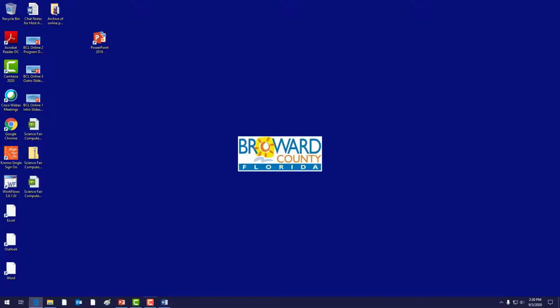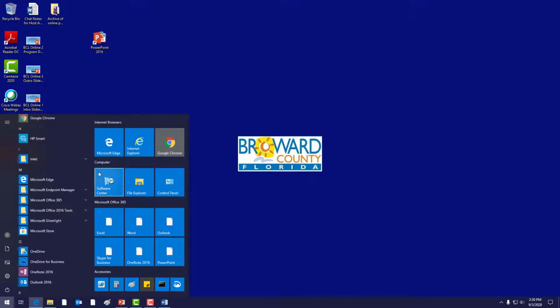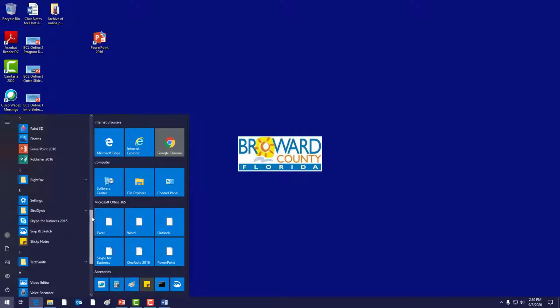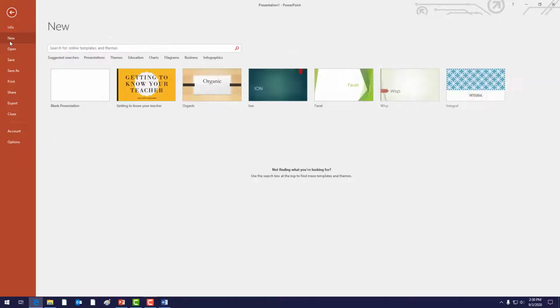So of course, you want to open up Microsoft PowerPoint. Sometimes it's an icon on your desktop and you would just double click on that icon. If you don't find the PowerPoint icon on your desktop, then you would go to the Start menu and look through there. On this computer, it's under P for PowerPoint. So I'd click there and then it would open up PowerPoint. And what you would want to do is go into the new area and select one of your templates